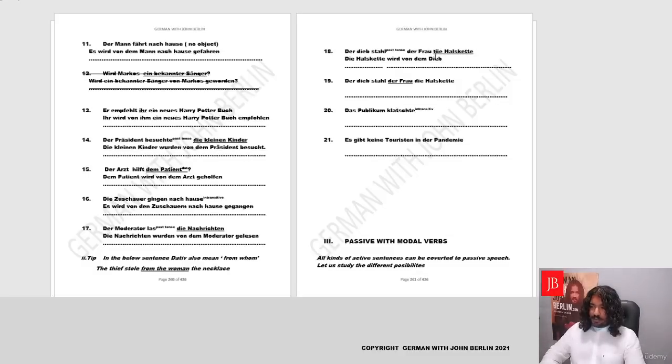So from whom? From the lady. It's der Frau. It'll remain der Frau. So die Halskette wird von dem Dieb der Frau. The verb is to steal, which is stehlen. In perfect, it will become gestohlen. Perfect. Die Halskette wird von dem Dieb